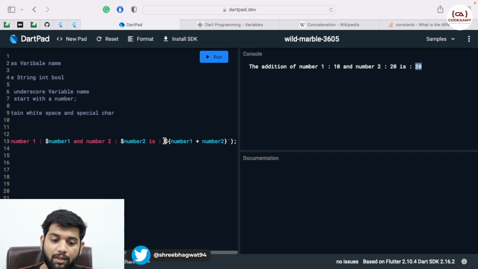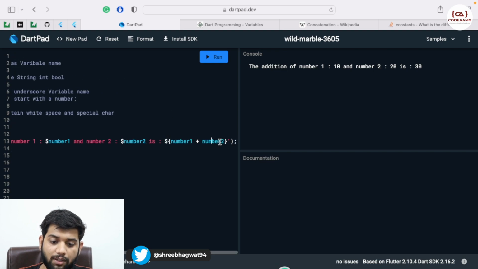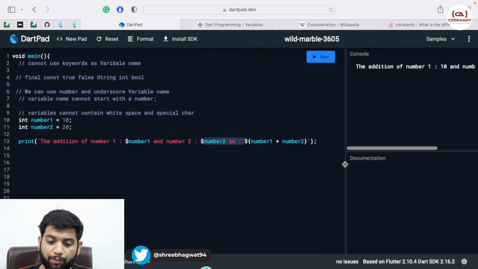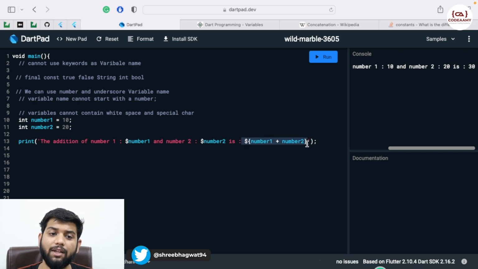This is running as a function, and it is doing its job. It is adding these two numbers and printing them, as this dollar is helping us to string interpolate the values. So this is how we can do addition, subtraction, and some other things inside our project.